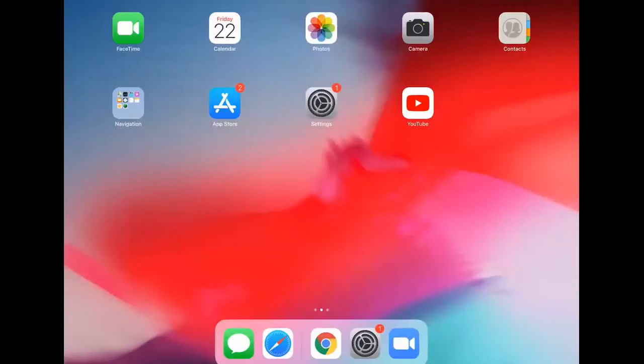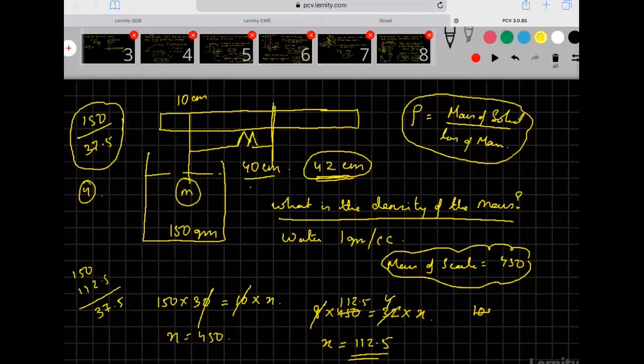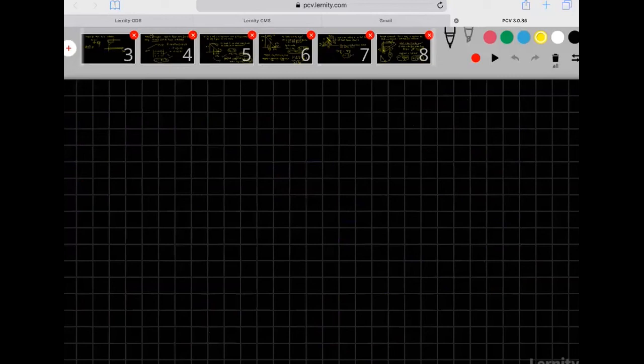Okay, so I have seen a lot of these questions in the JEE Advanced. Somehow I have not seen any of them in the JEE Mains so far. This is a question that you will be doing in your lab. So that is it. I'll just explain the question to you once again.